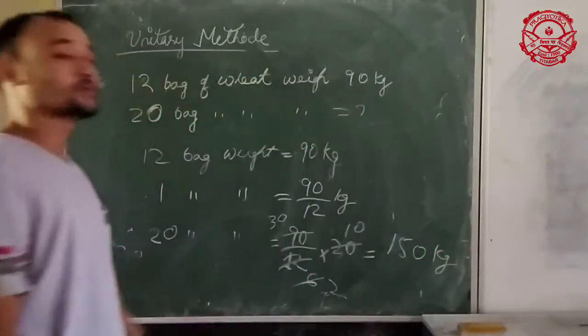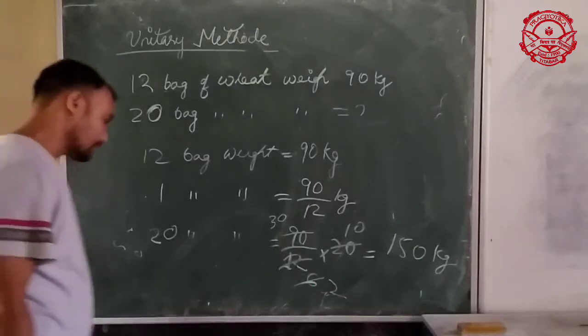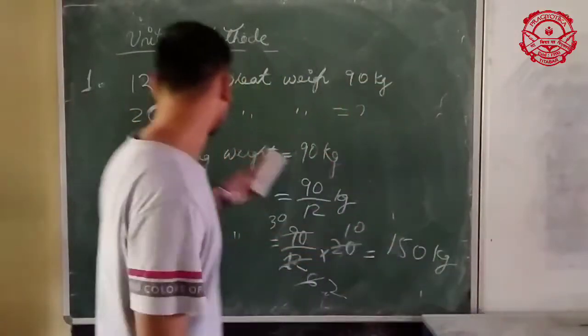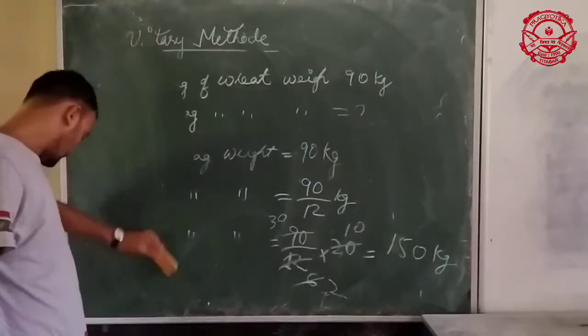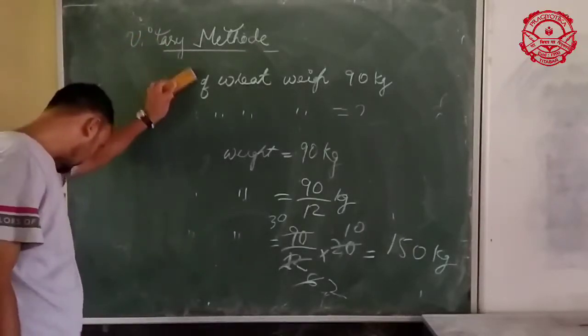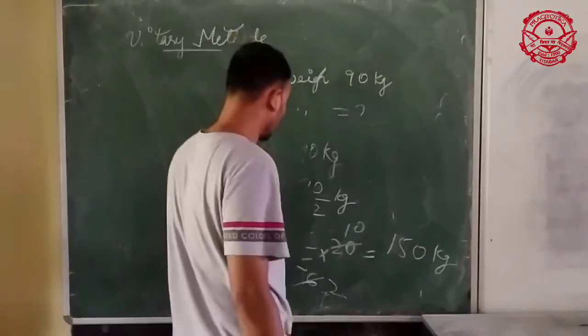Okay, the answer is 150 kg. Now come to another question. Similar type of questions is after the same. There is a scooter. Okay, there is a particular scooter. Scooter consumes 28 liter petrol in 2100 kilometers.